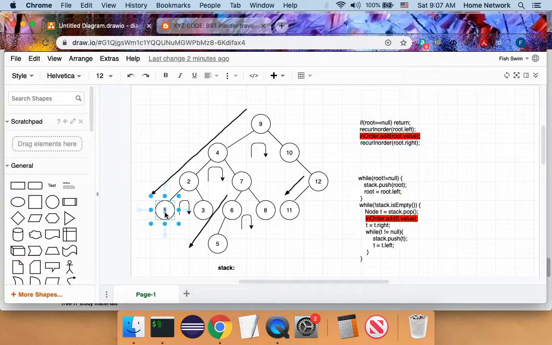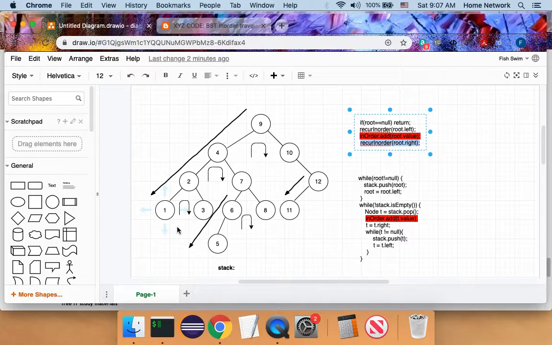At this node, we check, is that null? Not null, so we run this line. Root left is null, so we are done with that. So we add the 1 into our final result, and we run this line,